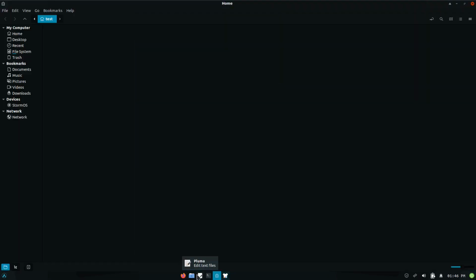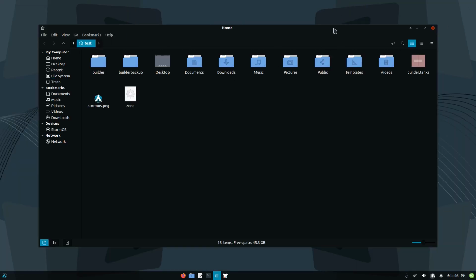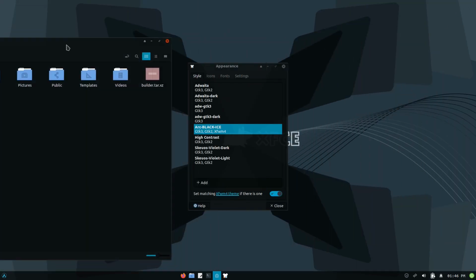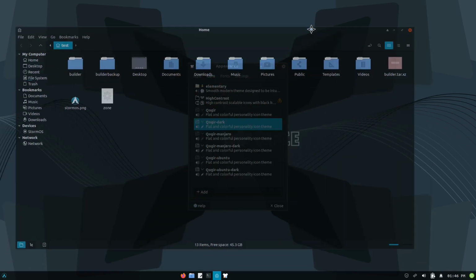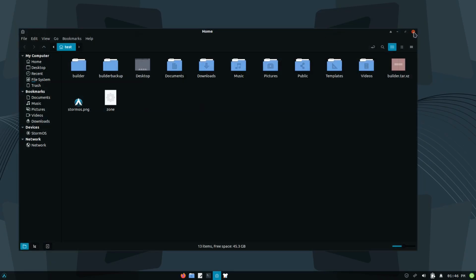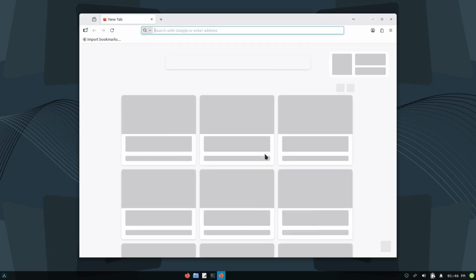So let me open up a file manager, see how that looks. That looks pretty cool. Let me move this over here. All right. Then you've got these Skew themes, but I'm just going to leave it on that one. As far as the icons, I can use the Manjaro, Elementary, the regular standard, Koger Dark, or you can download a custom theme. So you know what? Let's try that on this video. Let me close this. Let me close this. I'm going to open up Firefox, and let's